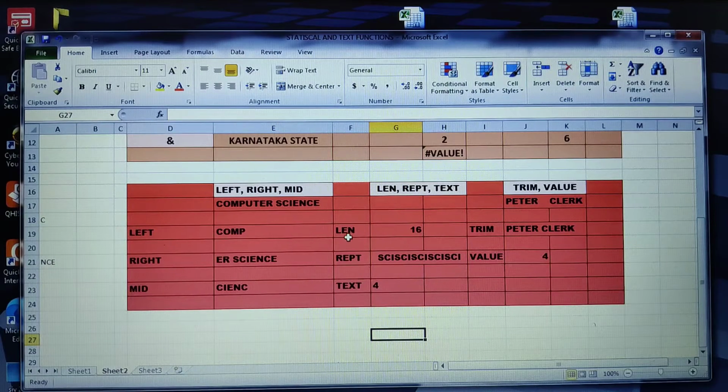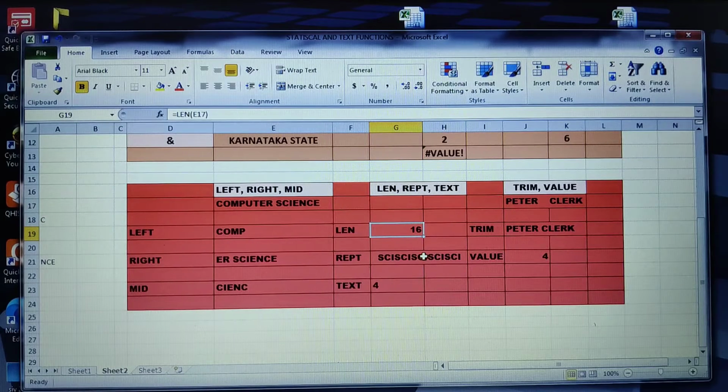See, the length we know will return you the total number of characters in a given string. When I place a cursor over here, it's a simple formula, is equals to just pass the cell number of your string. My cell number of string is E17. So when I pass this, total it is giving me 16 characters. So we knew space was 9th, 10, 11, 12, 13, 14, 15 and 16. So total given as 16.